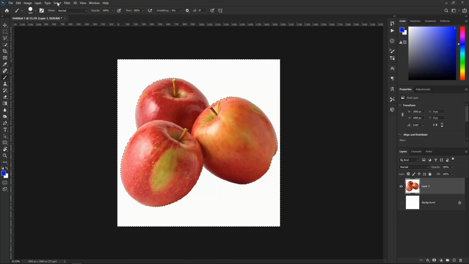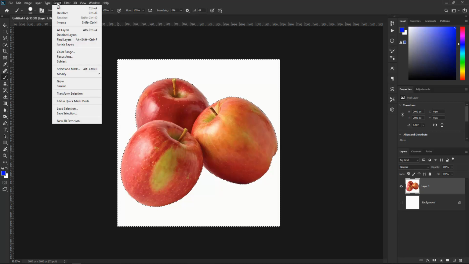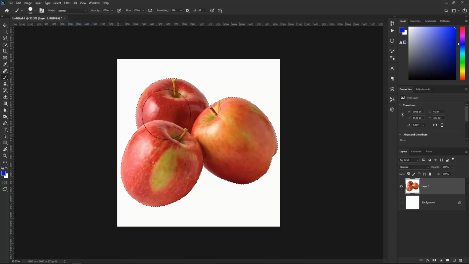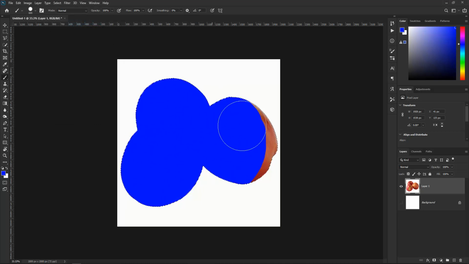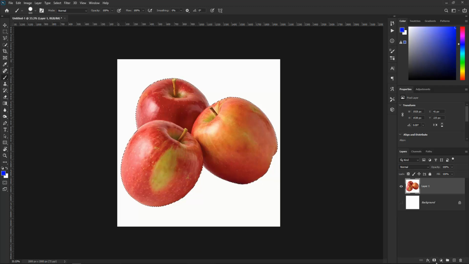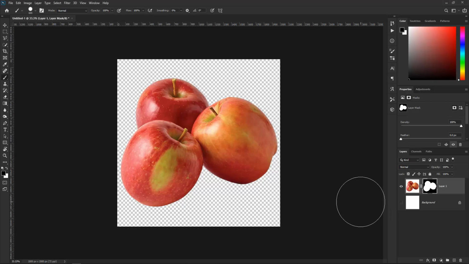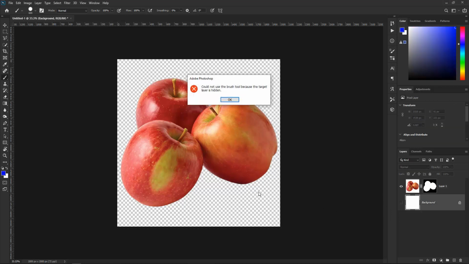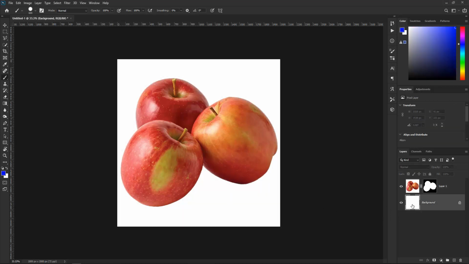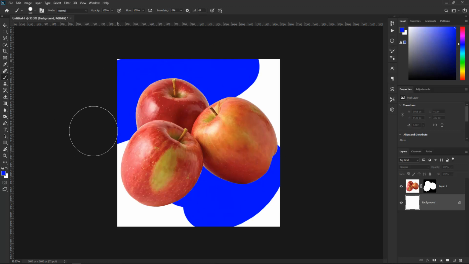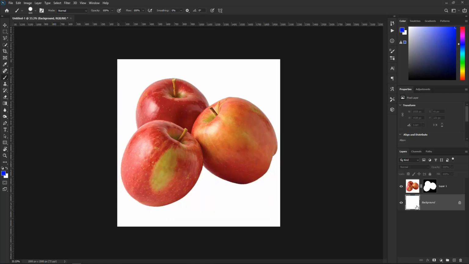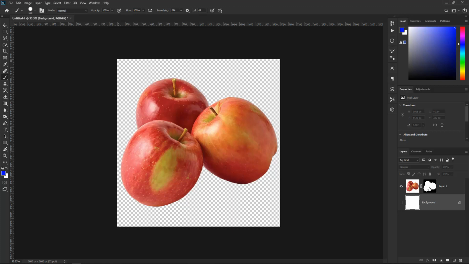We can go to the select menu and click inverse, or Shift Ctrl I. Now our layer is selected here, and easily click on the mask option. You see, you remove the background very easily. This is transparent. Another way,